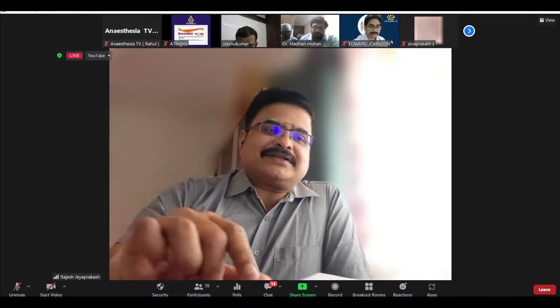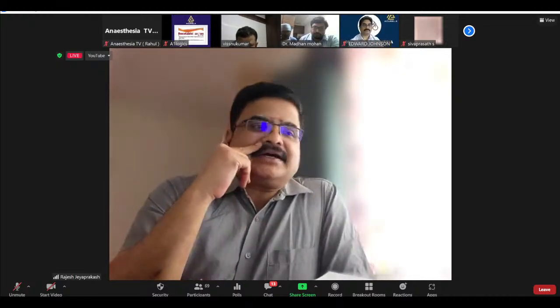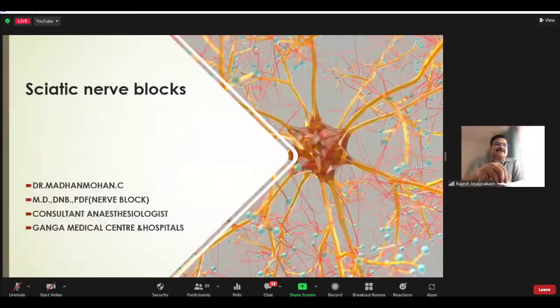And we will move ahead with the second topic. It's again a sciatic nerve block, various approaches, by Dr. Madhan Mohan, who is a consultant from Ganga Medical Center Hospital, Coimbatore, who has more than 6 years of teaching experience and did a postdoctoral fellowship in nerve blocks. The Ganga Center is very well known for its regional anesthesia. I think we'll get a lot of points from him. Over to you,